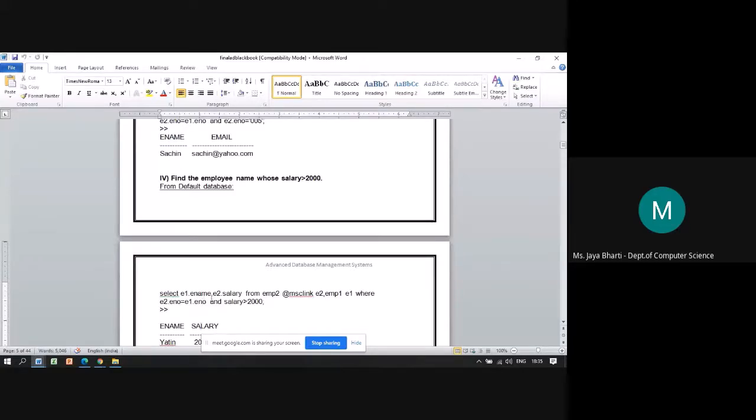Select e1.ename and e2.salary from emp2@msclink e2 and emp1 e1, where e2 employee number matches the employee number from E1, and the salary of that employee is greater than 2000. These two conditions it should satisfy.